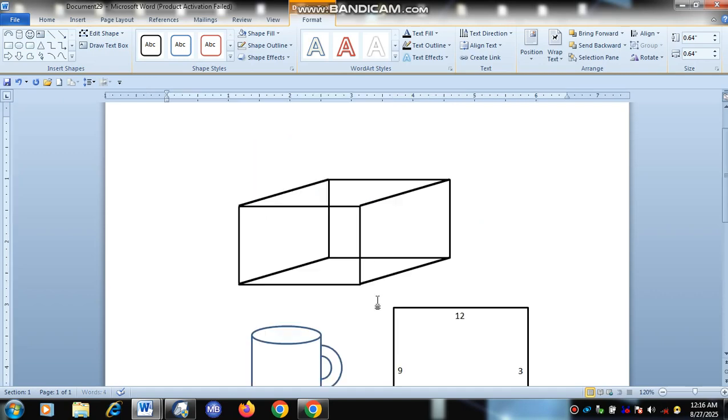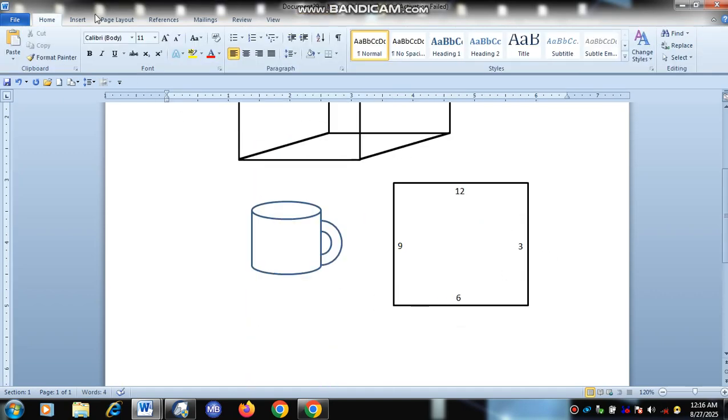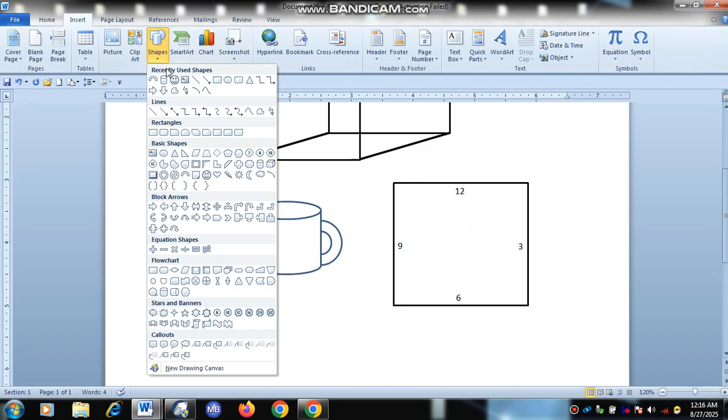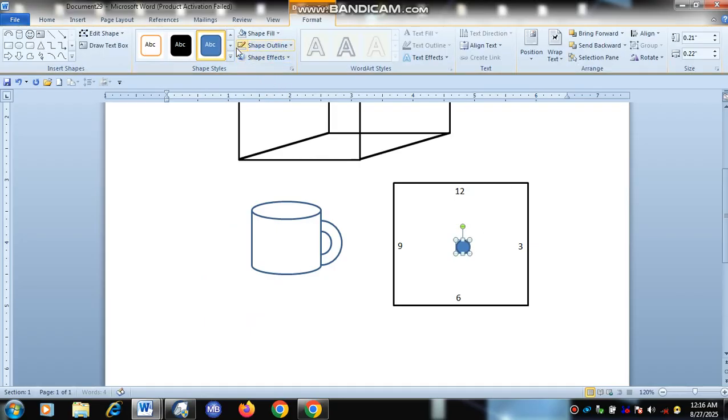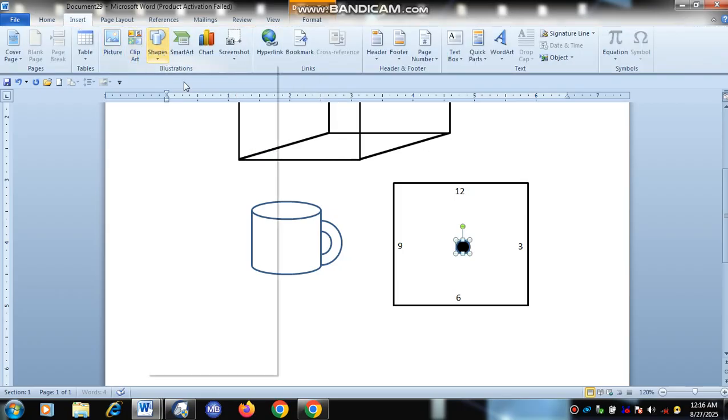So once you get everything, it's now left for you to go back to insert and draw the middle, something like this. And make it black. So you go back to insert again and use the arrow, the one that will